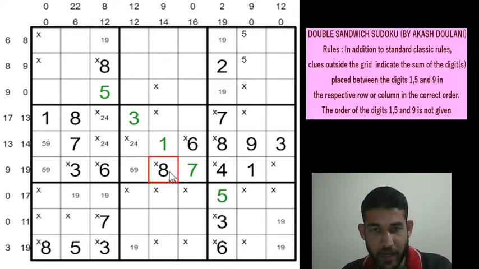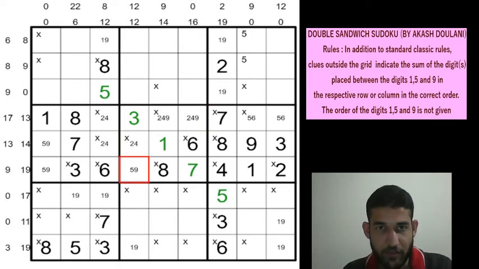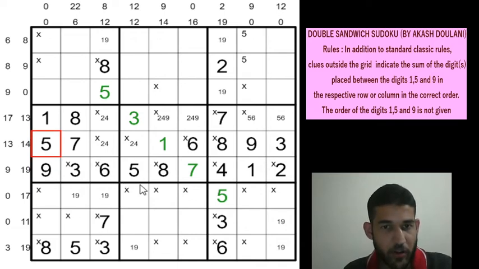So this will be an 8 and this will be a 2 using classic rules. So this will be a 5, 6 and this will be a 5, 6 to fill up that box. So this will be a 2, 4 or a 9, and this will be a 2, 4, 9, right? Now we have a triplet in box 5, 2, 4, 9. So this is going to be a 5, and this will be a 9 and this will be a 5, right? I hope you are able to follow until here.